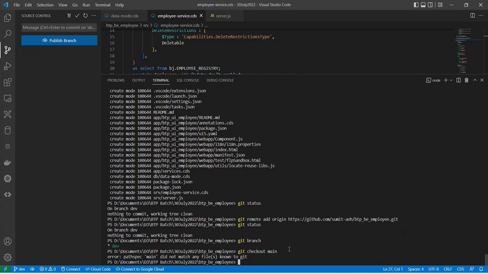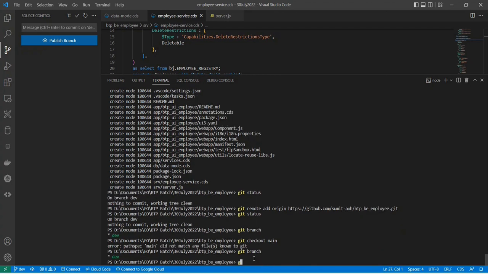Git checkout. Okay, yeah, I have to set that particular first. So I want to connect this branch to my remote branch. So I'll just say git branch over here. So whenever I do have a local branch created like this, I can map it to the remote branch. So I'll just say set